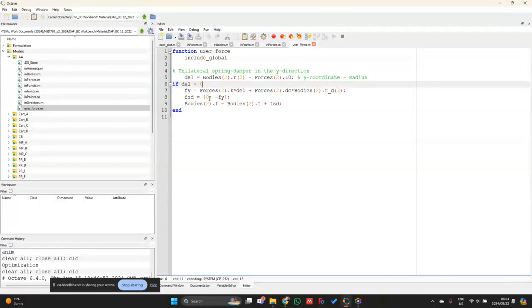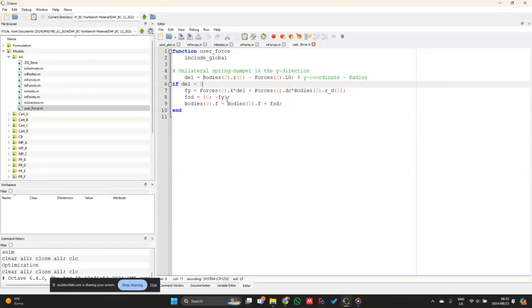Once I have this, now I just have to go and check that I apply it whenever del is smaller than 0. So in that case, if del is smaller than 0, Fy is then simply equal to forces(2).K, so the spring stiffness multiplied by the deformation, which is del, plus forces(2).DC, which is the damping coefficient, times bodies(2).R_d. And this is also in the 2 direction, in the y direction. So what we basically just have over here is the force is equal to Kx plus C x dot. That's what we write out over here for that